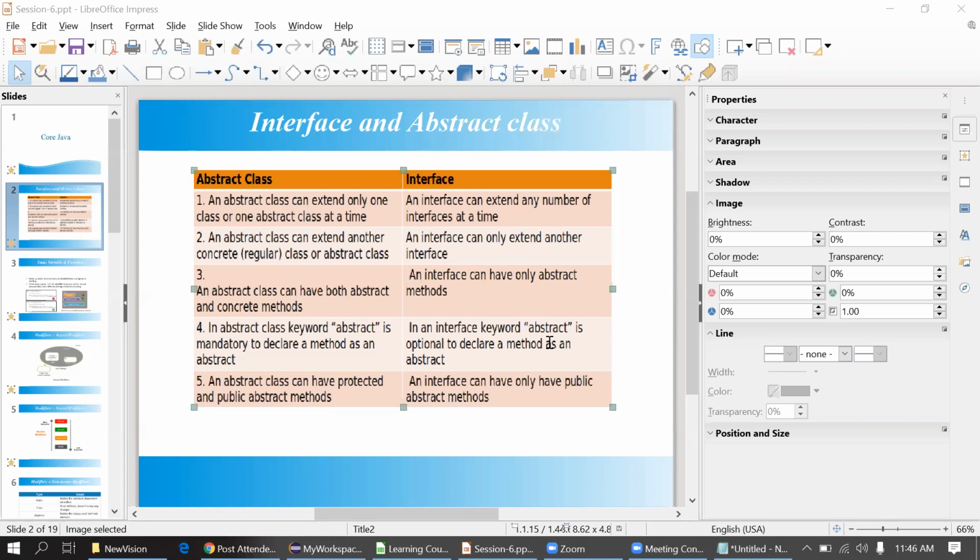Then a question from Ravi: an exception is an object which can represent a runtime problem, right? And avoiding the abnormal termination is called exception handling, right? Yes, of course. If you are expecting some abnormal termination at runtime, in that case we should write particular code, for example try, catch, throws. That we call exception handling, Ravi.